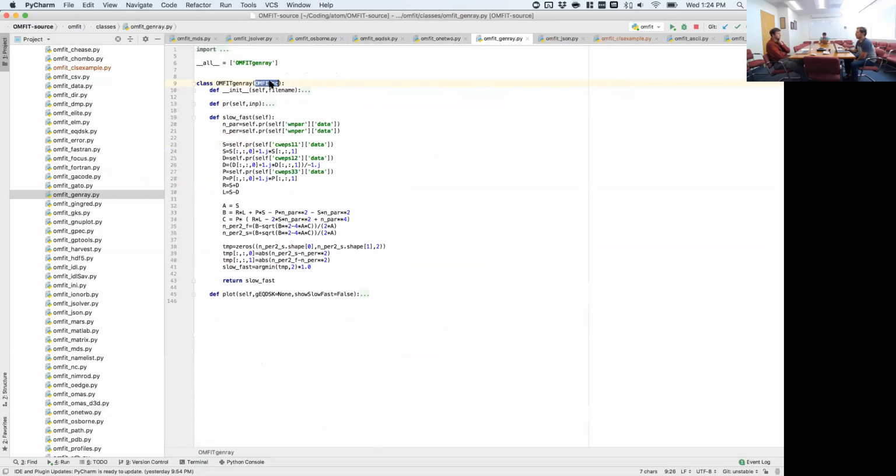This is because these methods are defined by the netcdf class. So the netcdf class knows how to read the netcdf file, the binary netcdf file, make its representation in the OMFIT tree as a dictionary, and then save that back. So when we use the OMFITgenray class, the save and load are directly defined in the OMFIT